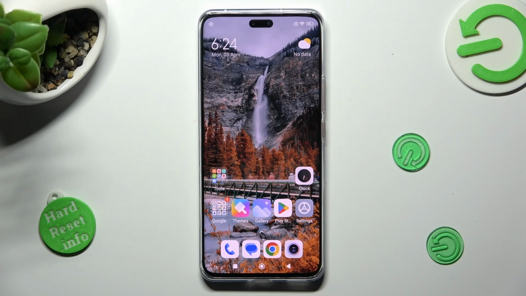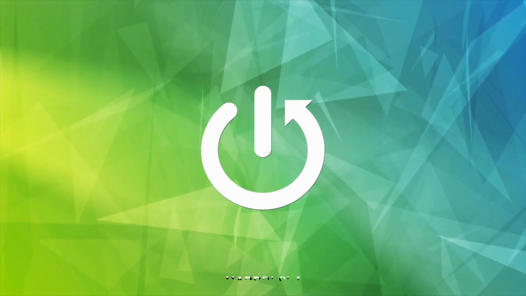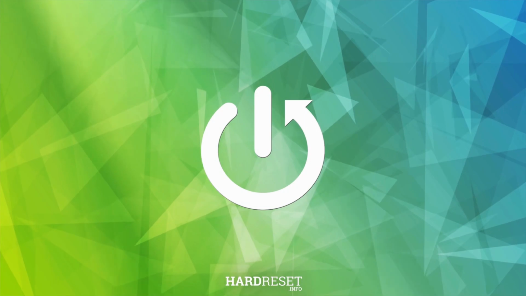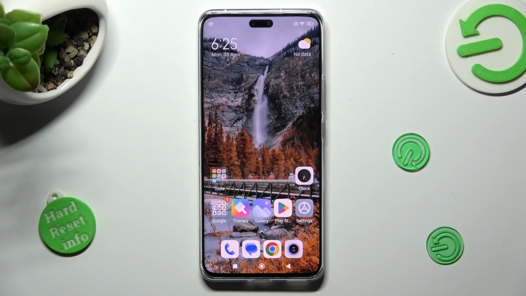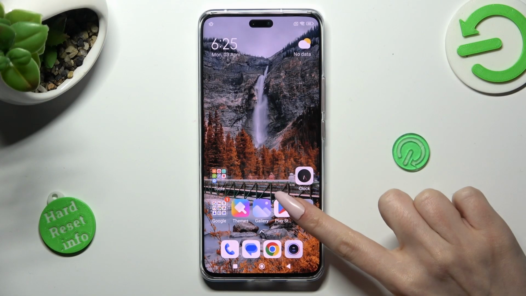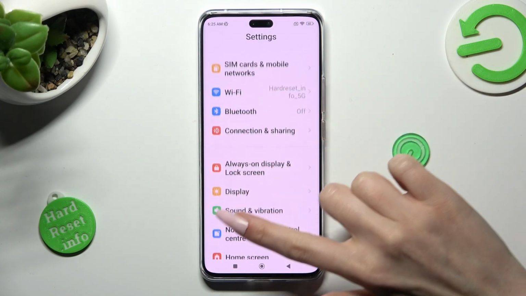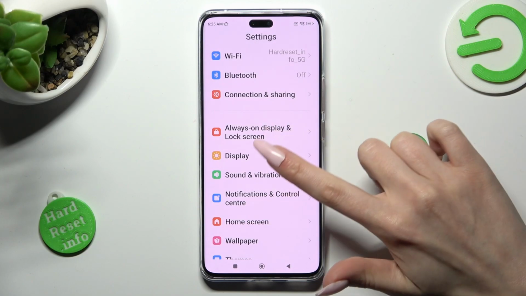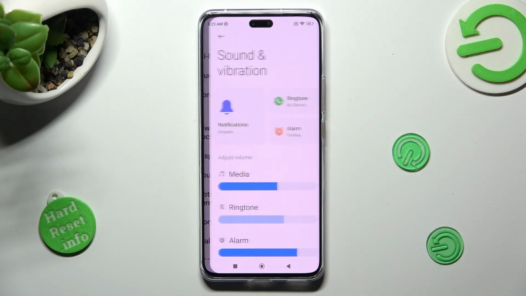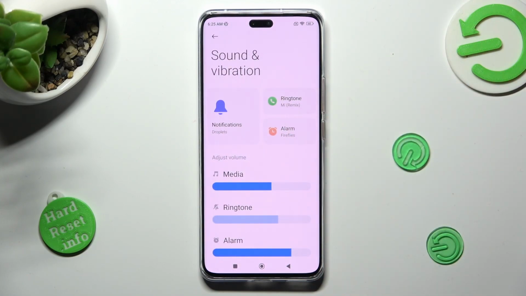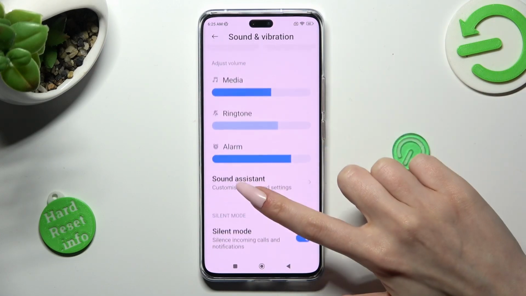In front of me is Xiaomi 13 Lite, and today I would like to show you how you can manage vibration options available on this Xiaomi. First of all, you need to open Device Settings. Now scroll down to access Sound and Vibration. Following that, scroll down again